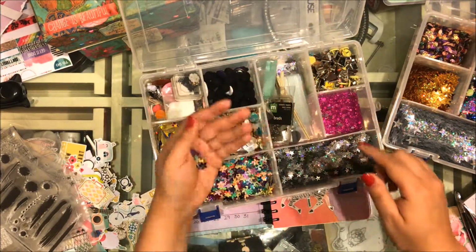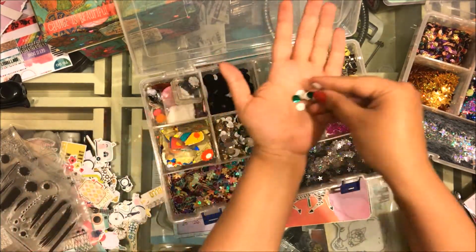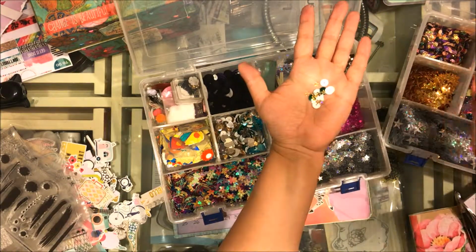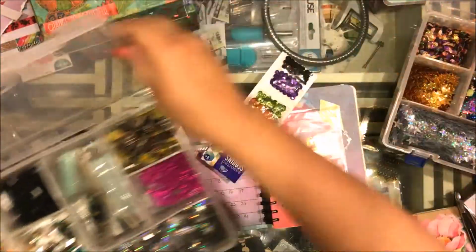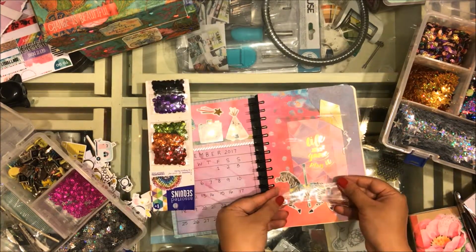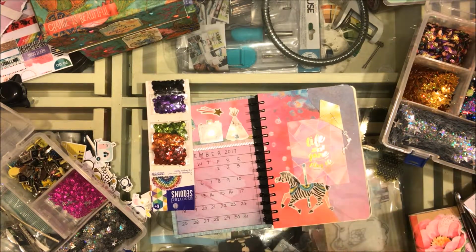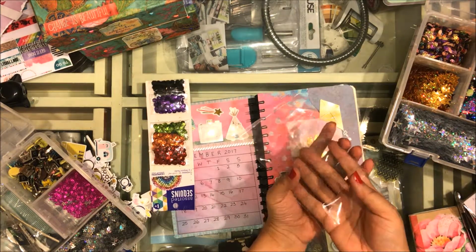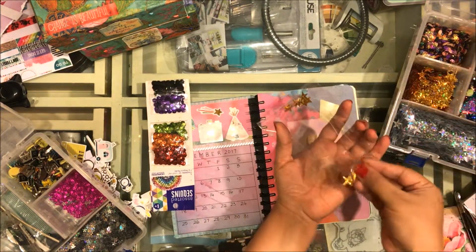You can mix the stars and the flowers. You can just go with one color if you want to. You can go with some big ones, some small ones, like that if you want to. So if you have a color scheme, you can stick with that, or you can do something completely random. I'm thinking that I'm going to start with a gold color scheme in here. So I'm going to put in a few of the gold stars,